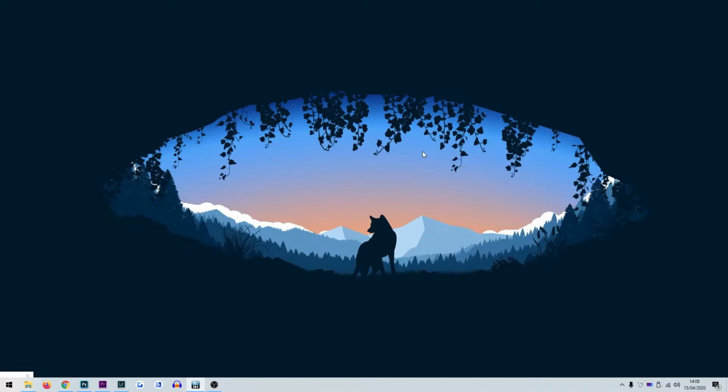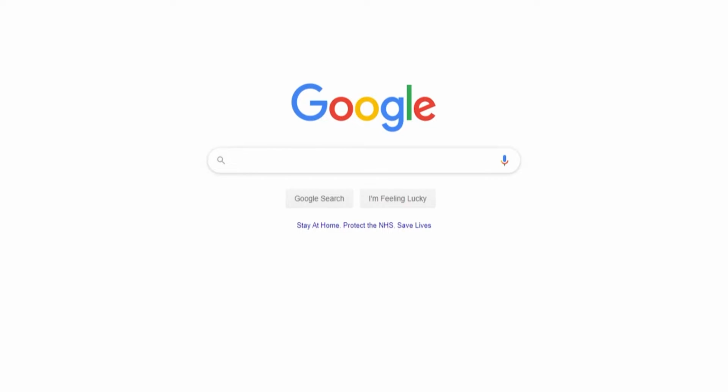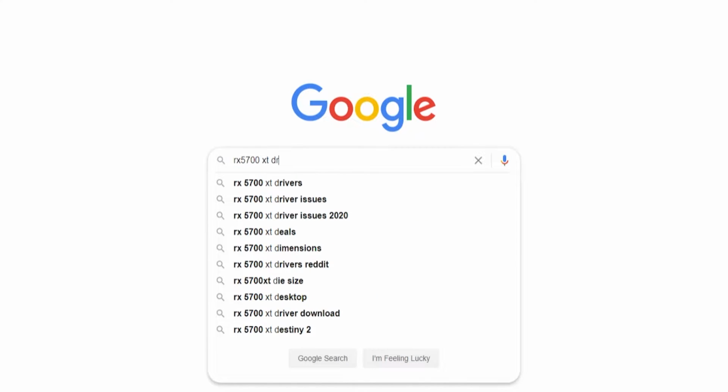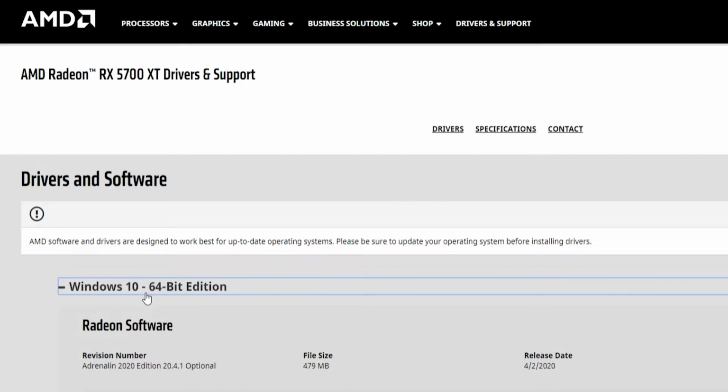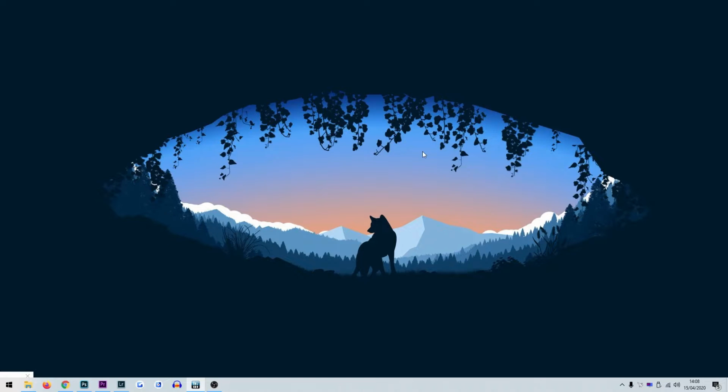For a GPU driver update, find the make and model of your graphics card. If you don't know how to find your graphics card, we do have a video of that on our channel. Go to the manufacturer's website and search for your GPU model. Download and install the drivers, reboot your system, and once again you are up to date. So that is our first tip, and it's as simple as that. Making sure your GPU drivers and Windows are always up to date will stop any system errors and game crashes